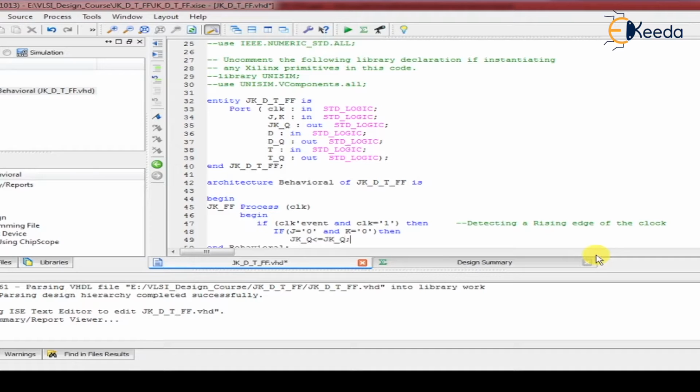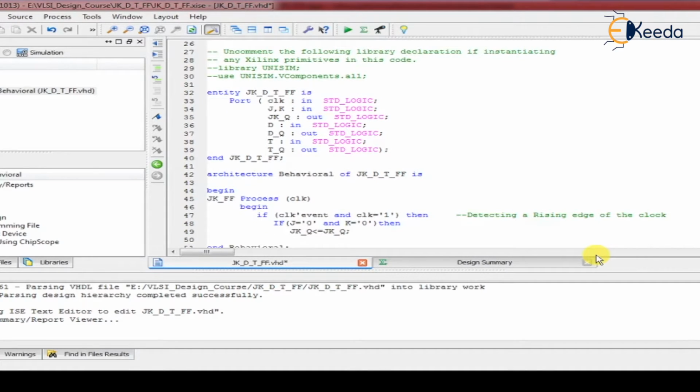Try to understand. I will write a comment for better understanding: it will retain the previous value of output Q. In this case, the previous value of JK underscore Q, the previous value of our flip-flop output Q. Here we need to declare JK as in out for better understanding, and for simulation we can assign the initial value as 0.